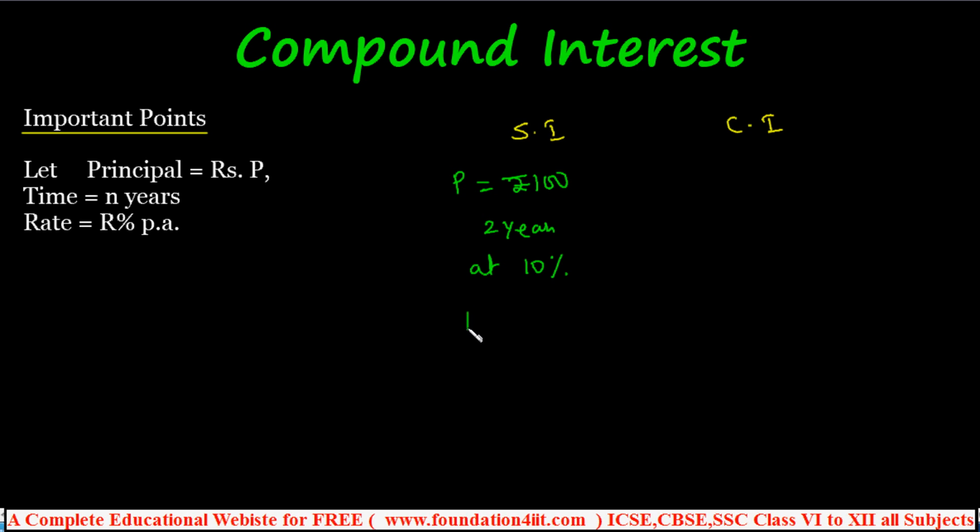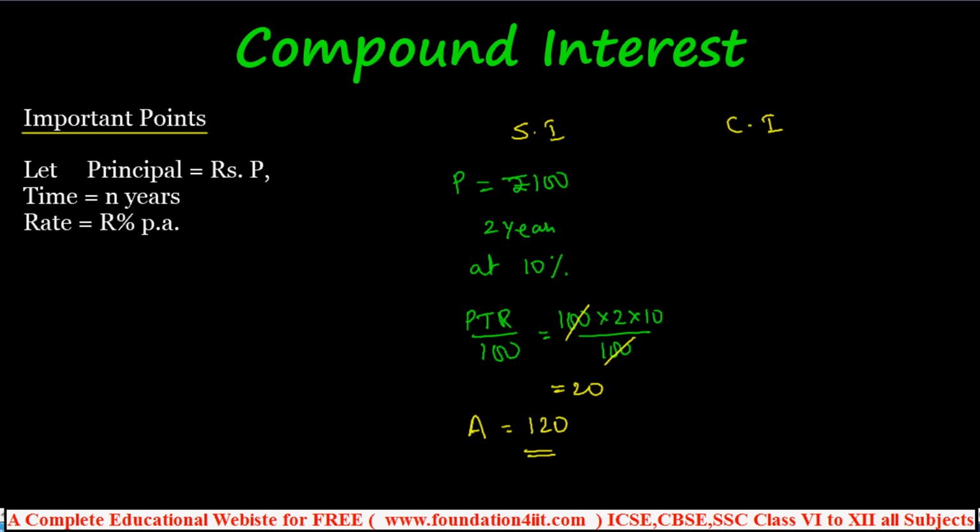Even if you apply PTR by 100, it is the same, as we discussed. That is 100 into 2 into 10 by 100. The 100 cancels, 2 into 10 is 20 rupees as interest. Same, 10% for every 100, so 10 rupees after 1 year, and for the second year again 10 extra. That means the interest is not added to the principal in simple interest. So 20 rupees is the interest, and the final amount is 100 plus 20, 120, in this case for 2 years.